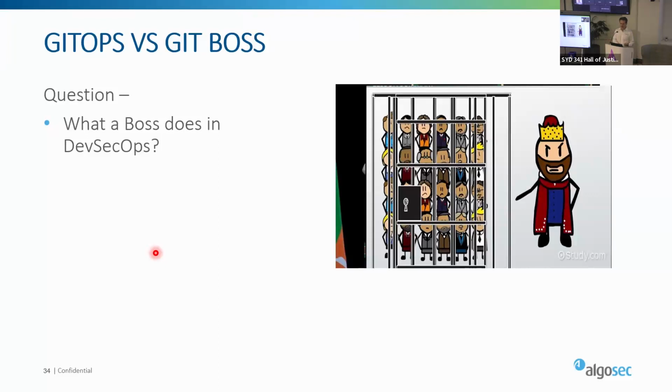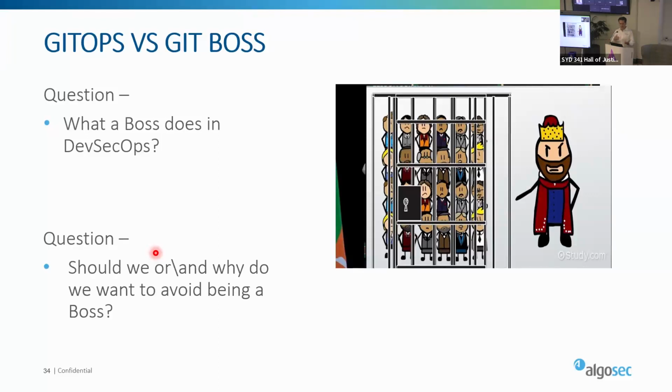And why do we want to avoid being a boss, or a GitOps boss? Anyone want to share their experience about why we want to avoid being a GitOps boss within an automated life cycle of development for Kubernetes or a security program?